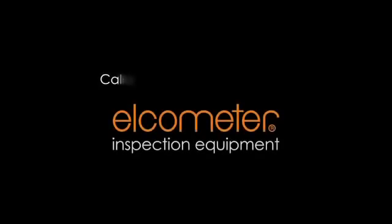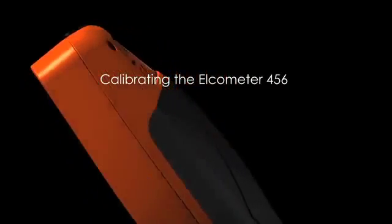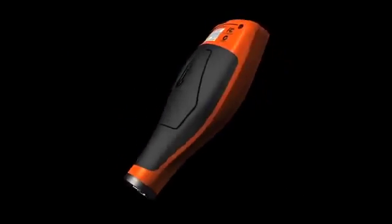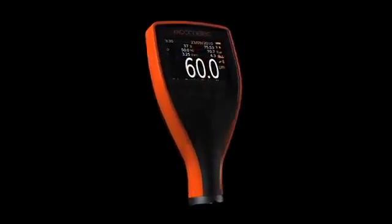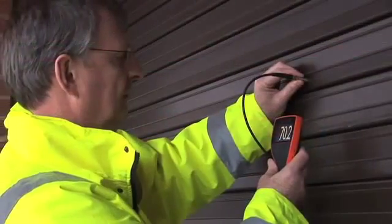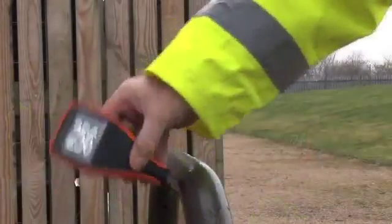Ever since Elcometer introduced the first coating thickness gauge in 1947, we have been world leaders in the design and manufacture of dry film thickness gauges and inspection equipment for the coatings industry. More powerful, rugged, and easier to use than ever before, the new Elcometer 456 coating thickness gauge is best in